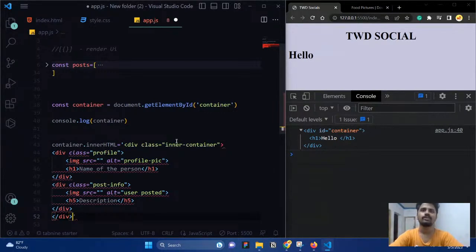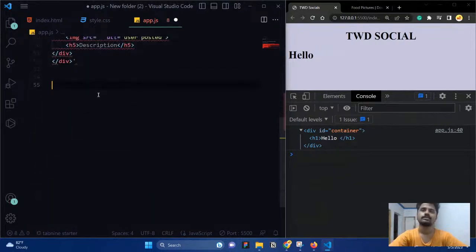The reason is that innerHTML is going to take one line of code. You can see I'm writing the code in multiple lines, right? So that is why we are getting this error. Okay, so the best way to avoid this is using template literals. So what are template literals? Template literals are also newly introduced. With the help of this, what we can do is